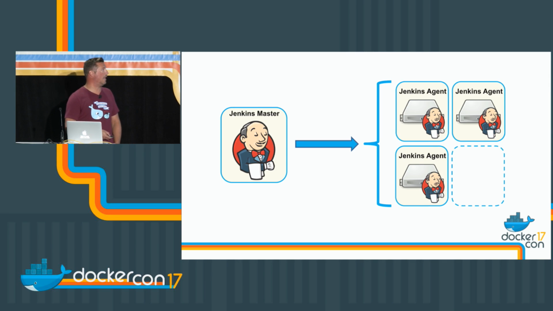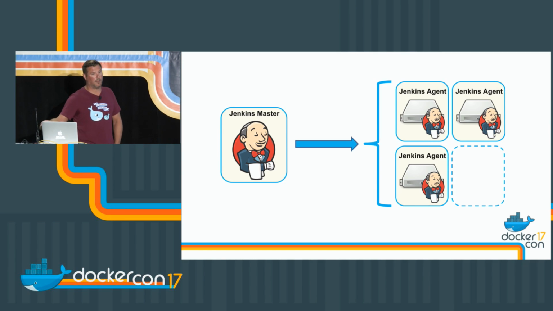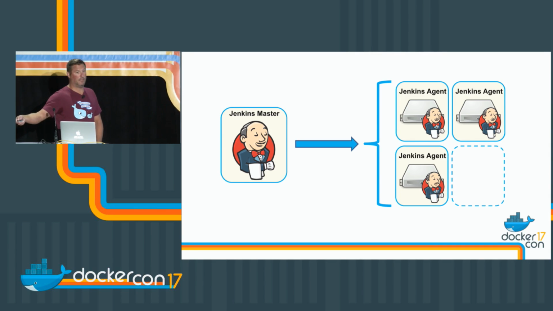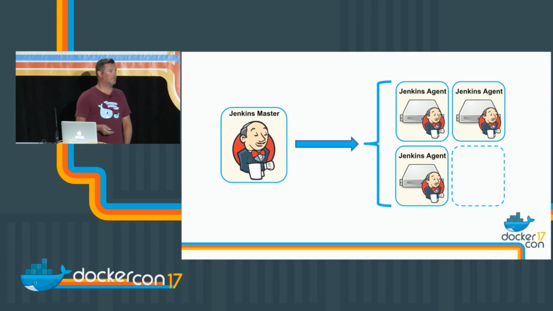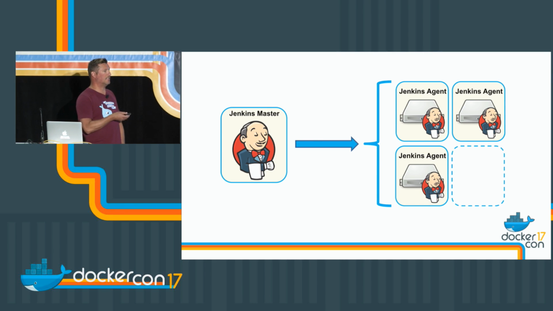I mean, and then how many of these things do you actually create based on load, right? And then once you create them, we get this issue of, okay, now our jobs aren't running anymore. Our agents are sitting here statically running, and the meter is running, and we're being billed, right? And depending on the Jenkins environments, those could be big VMs. So how can we, in a low friction way, start to introduce containers into the Jenkins environments, right?